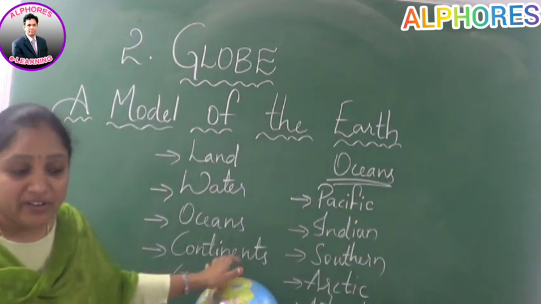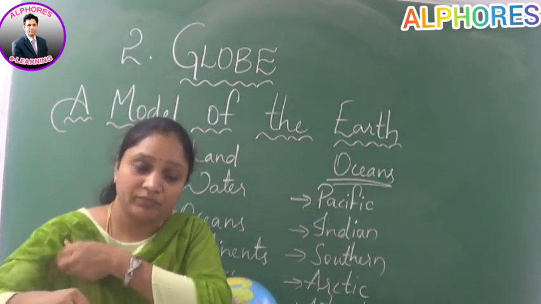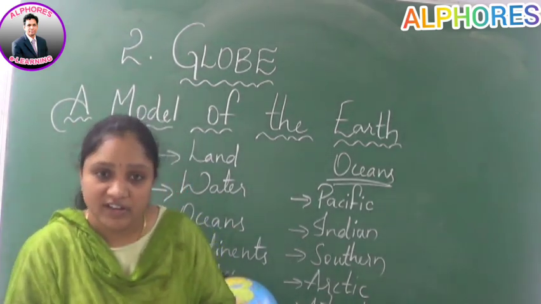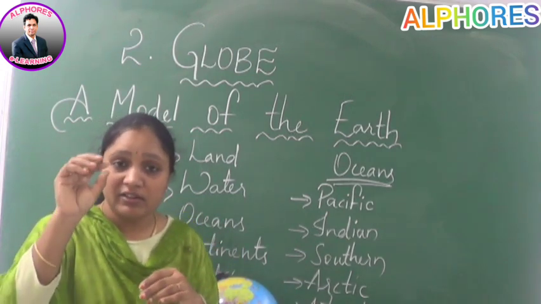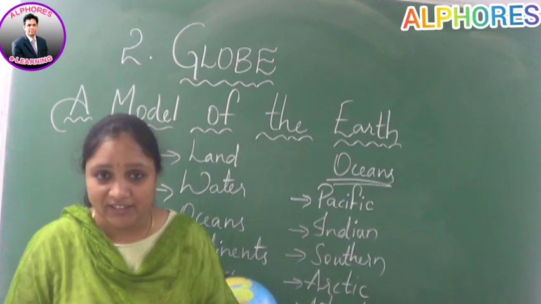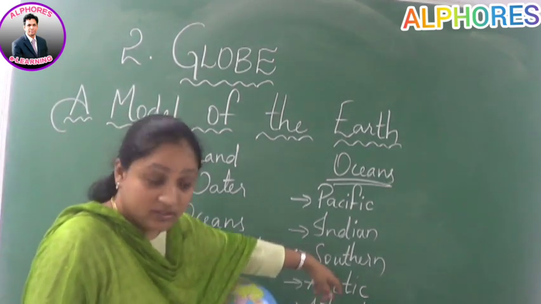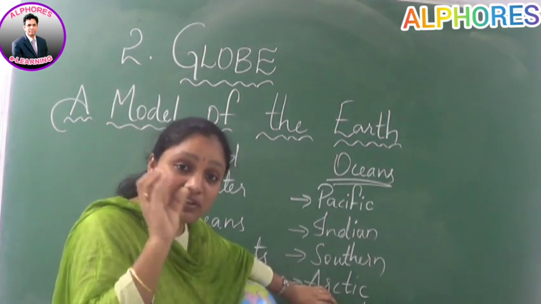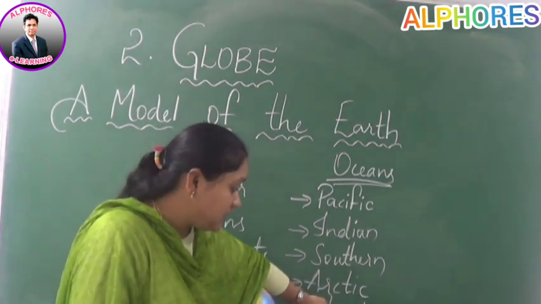Ice shield is nothing but, for example, you have dropped the water in your ice cube tray and you placed it in the refrigerator, right? When you take it out after 1 or 2 hours, you can see the very thick ice cubes which are formed in that, right? The same kind of things, the same kind of climate, the same kind of water, the same kind of area can be observed in